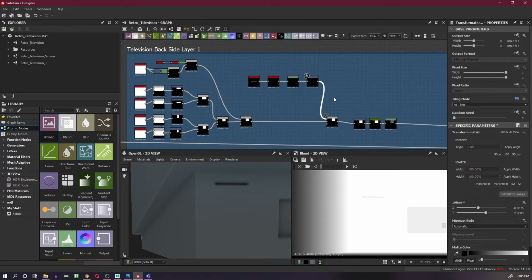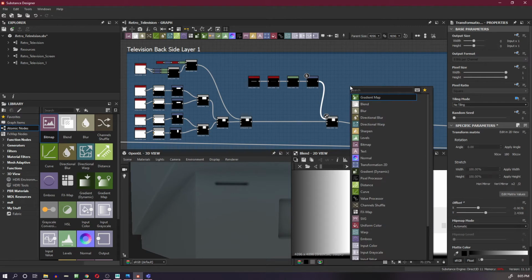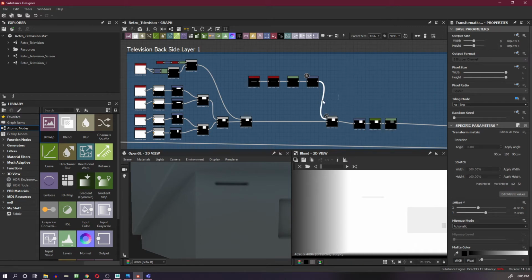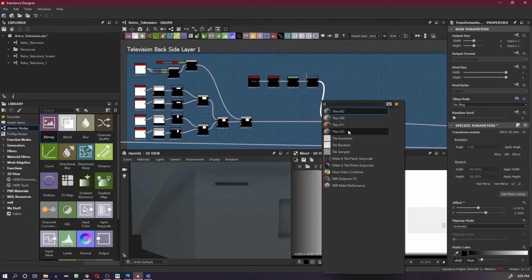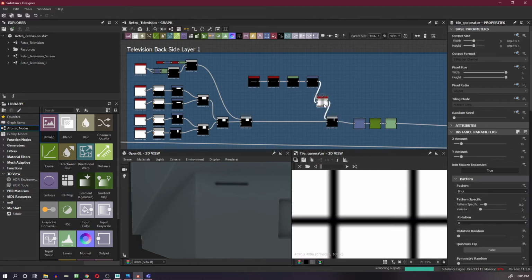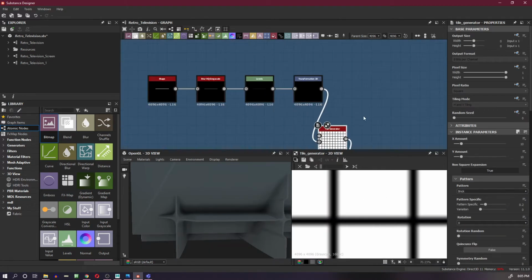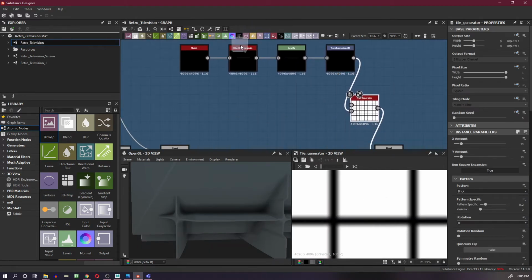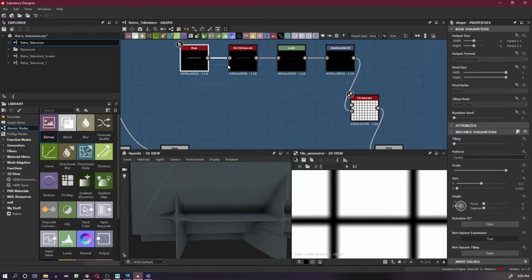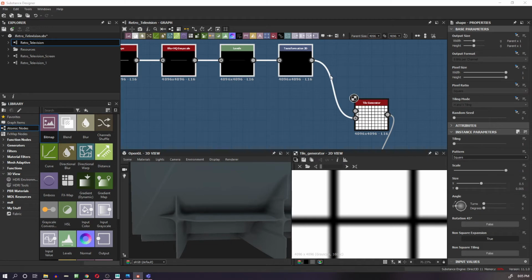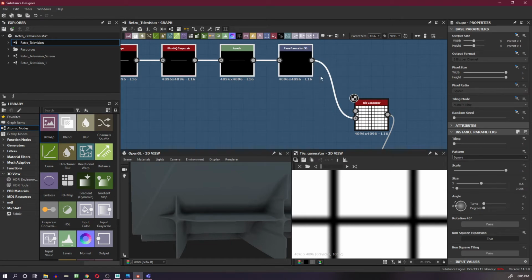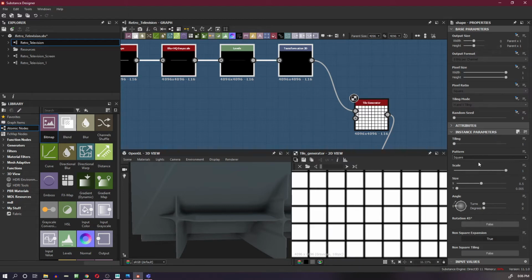And I will add, let's add a blend node here. Or let's do one thing. Let's make it a tile, like let's put a tile generator here. Okay. And let's move this apart. This should go in the pattern 1 input in the tile generator, and I will use